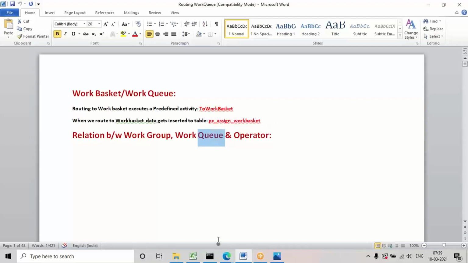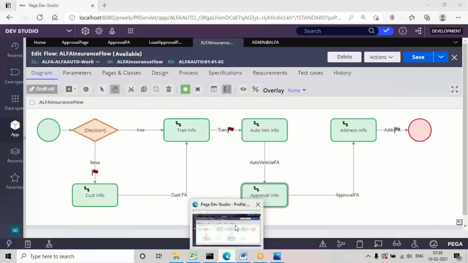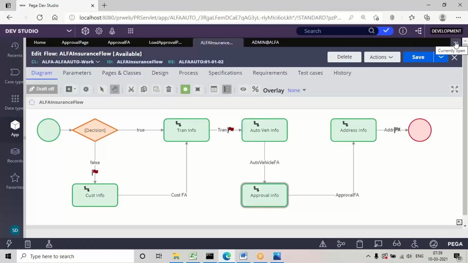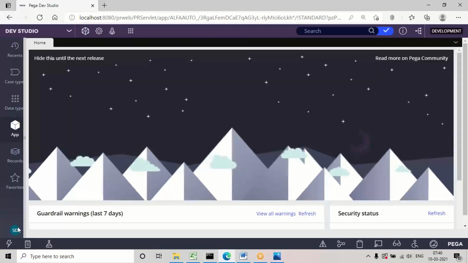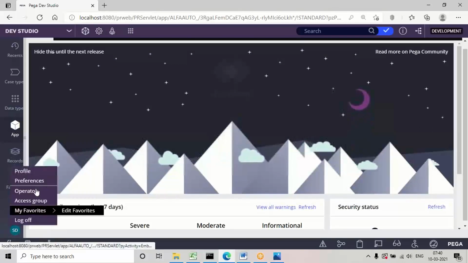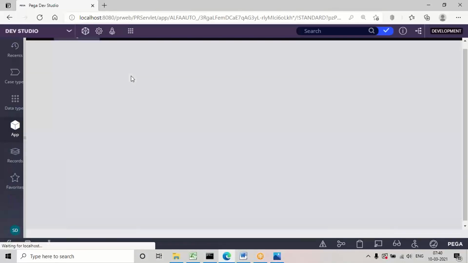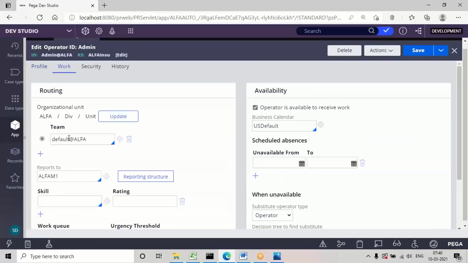Okay, so let's see how to do that. See, the default IDs, if you want to check where you can check that information, again go to the operator from your admin alpha, and under the work tab you can find the default team name. See, team is nothing but a work group actually.